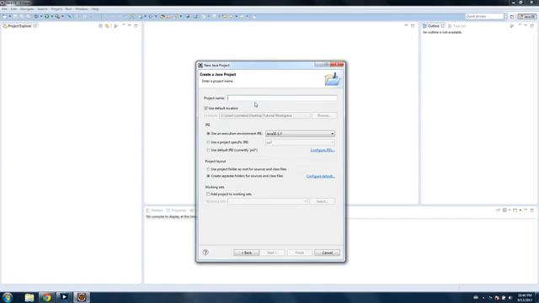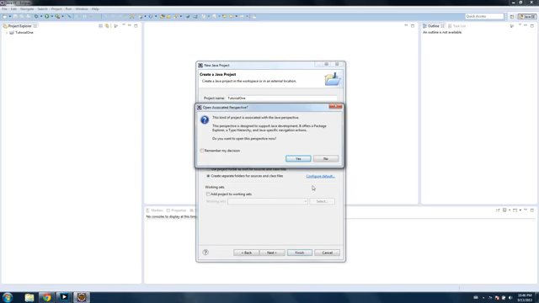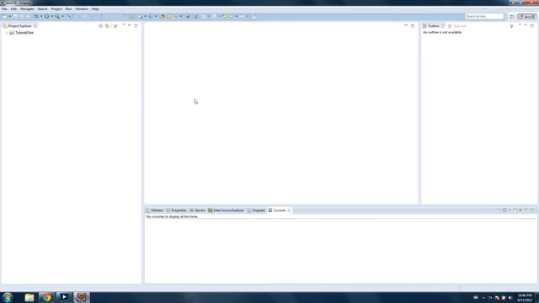And for the project name, you can name it whatever you want. I'm going to name mine Tutorial 1. I'm going to click Finish at the end. Don't need to mess with the other things. Doesn't matter. No, I don't want to open this perspective. I like my perspective. And so in the top left, you'll see our Tutorial 1 folder that was just created